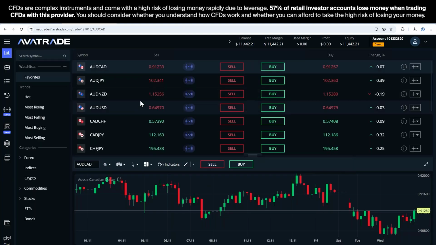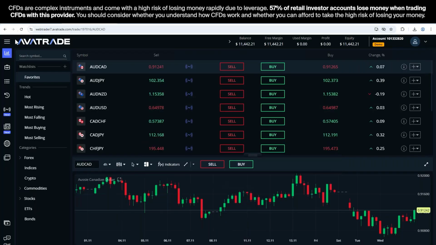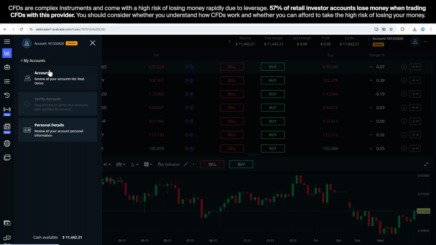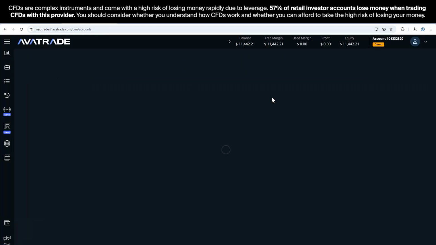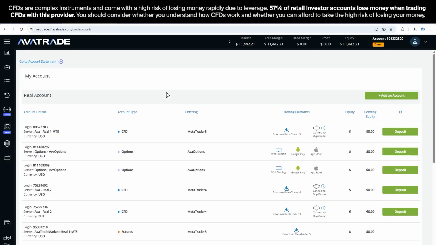So as you can see, this is the WebTrader page, and here you will be able to see different features available. When you click on the three lines on the top left, you'll be able to see My Accounts and Payments. When you click on My Accounts, you will be able to see the relevant account numbers that you have. And if you don't have a demo account right now, I suggest that you click Add an Account, Demo,